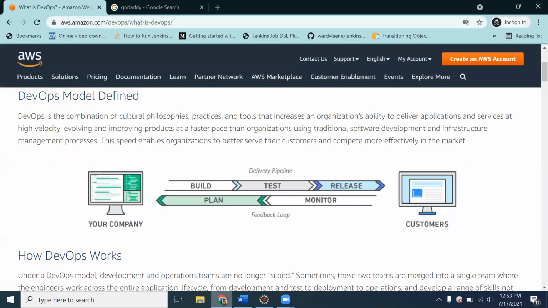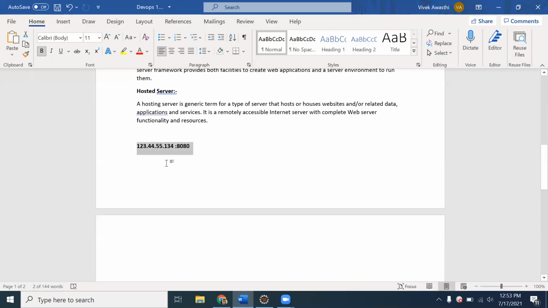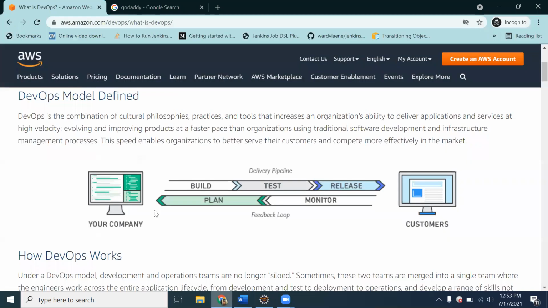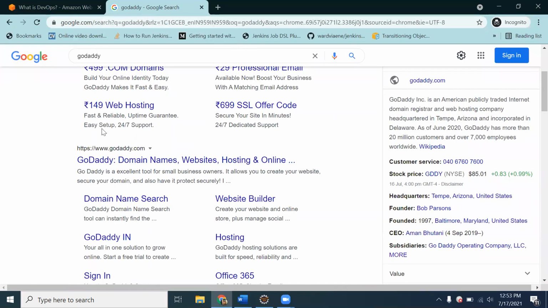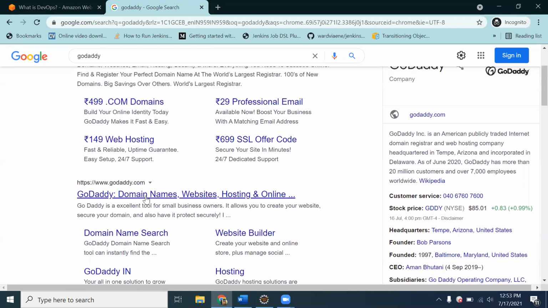But you may be thinking, when we open a normal application, the domain name is there, like aws.amazon.com, whereas in our case we are accessing the application using the IP and port number. Then another story comes in: the domain name. If you search for domain names on the internet, there are multiple domain name providers available, like GoDaddy.